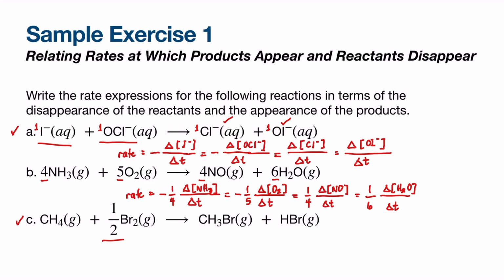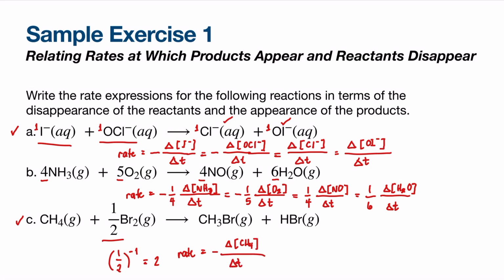So to express the rate in terms of the disappearance of dibromine, we multiply by the reciprocal of the coefficient, and that is 1/2 raised to negative 1, which is equal to 2. So therefore, the rate expressions are the following. Rate for methane is going to be, since it's 1, still negative change in the concentration of methane